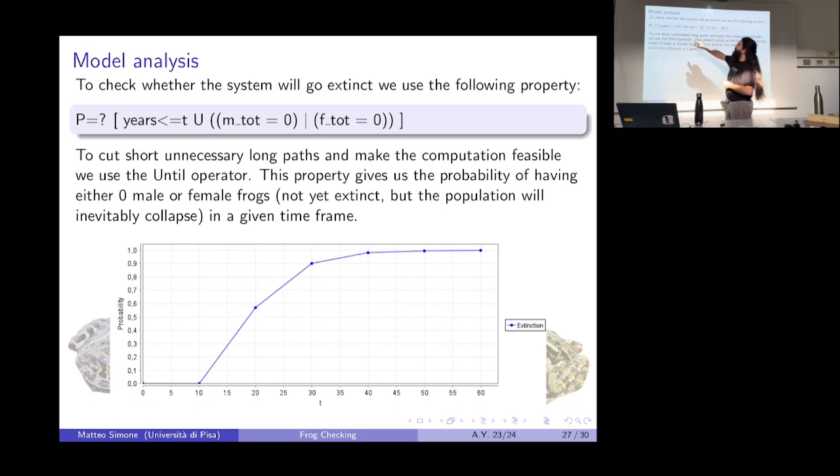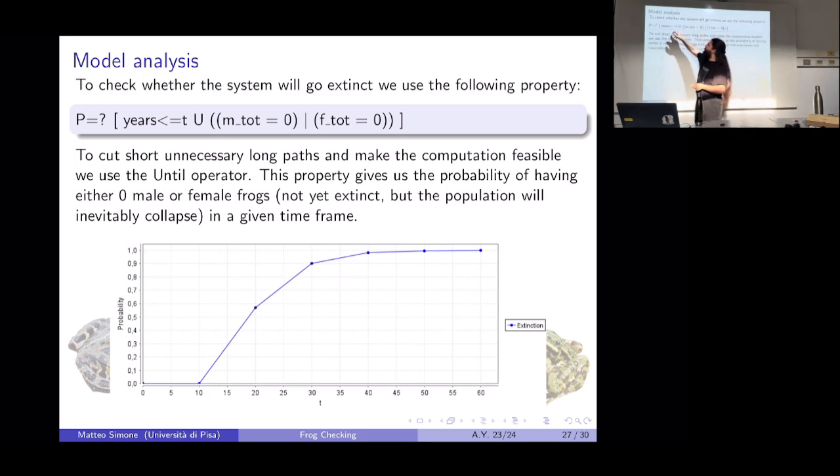We need the until operator, so years minus equal T until m tot equals 0 or f tot equals 0, because otherwise Prism just starts crying and saying, no, this rule is not true in some paths, I cannot give you anything, please retry again. So we cut short